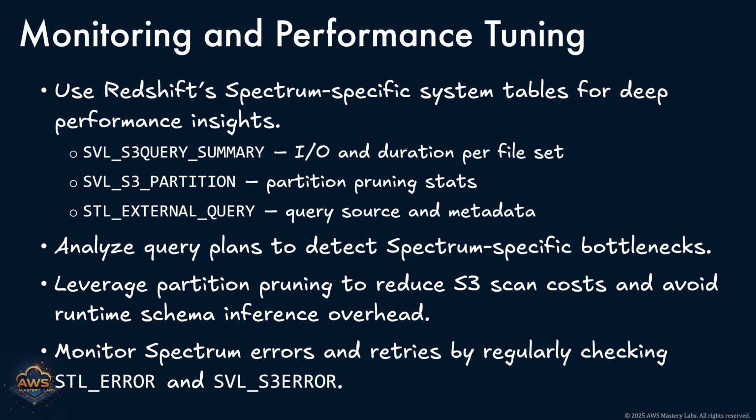Leverage the EXPLAIN command and system tables like SVL_S3QUERY and SVL_S3PARTITION to examine your query plans. These tools help you identify when large volumes of S3 data are being scanned, which often signals missing partition filters or costly data type coercions. Effective partition pruning is one of the most powerful ways to reduce S3 scan costs. Design your external tables with meaningful partitions, such as by date, region, or event type, and ensure your query predicates match these keys. When partition pruning is missed, Spectrum is forced to scan all files, leading to higher costs and